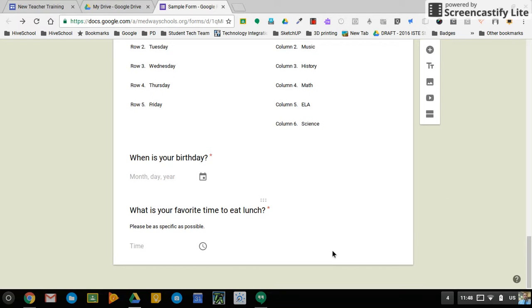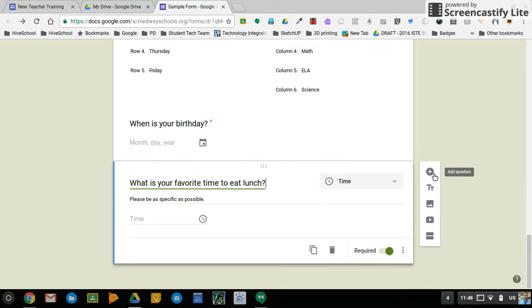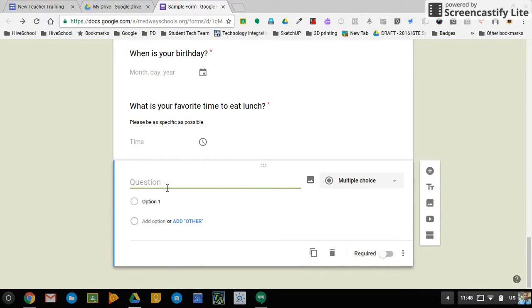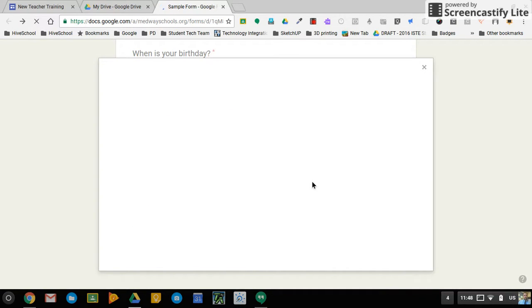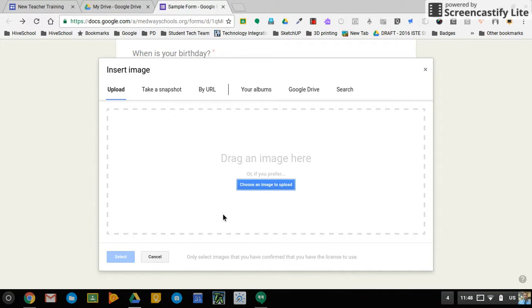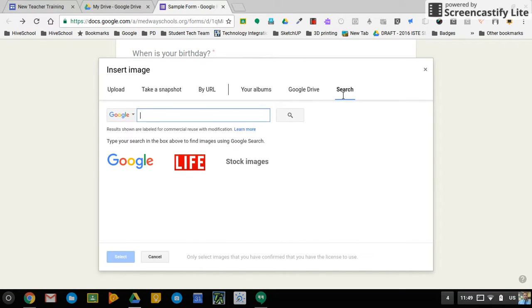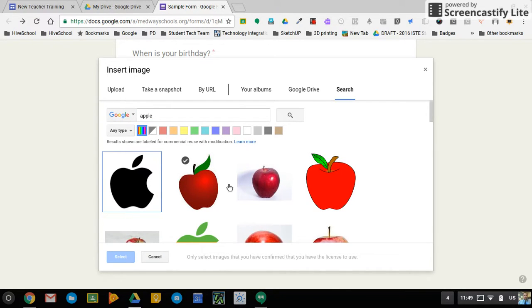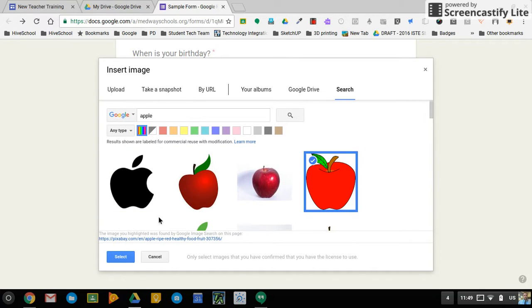So the next thing I want to show you is another option you have for when you put in questions. So I just put in a question, and I can say, what is this? And if you notice to the right, I have a little icon here of a picture, an image. I can click that, and it's going to pull up an option to upload pictures. But I can also do a search or access my Google Drive. I'm going to type in Apple. All right, so I'm going to select this,